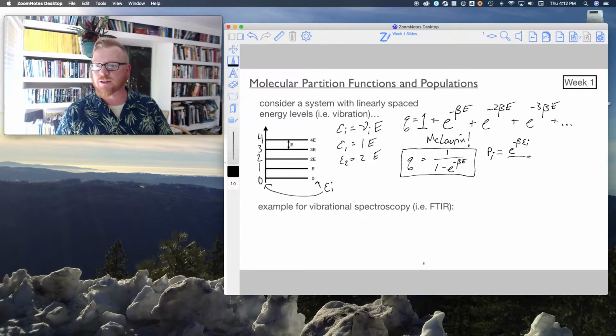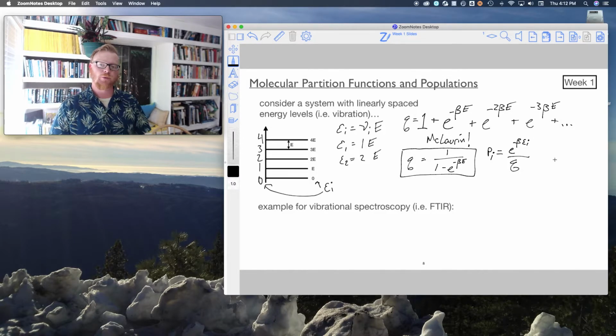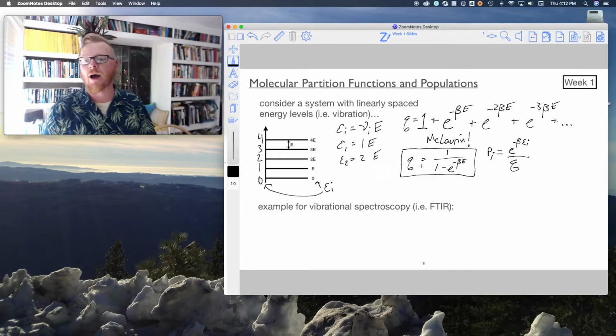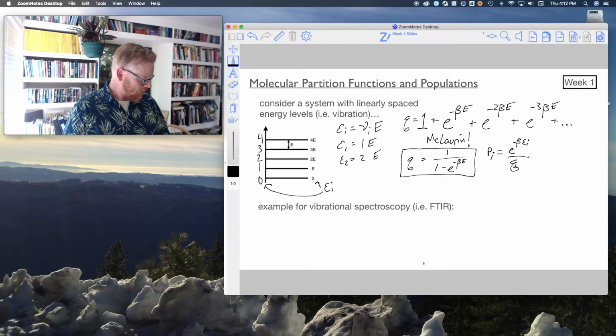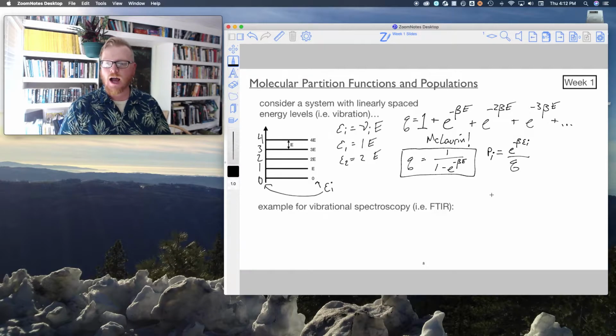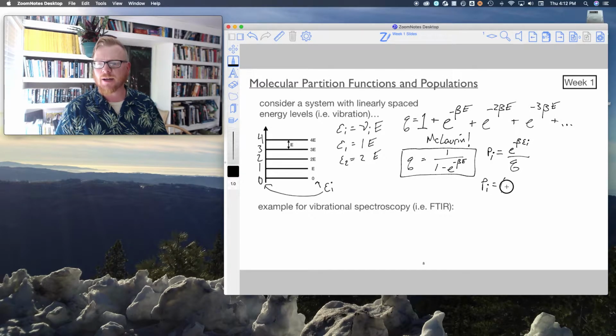Which is, of course, then divided by the total partition function Q, all right? And then now, if we consider that we're talking about a system that's linearly spaced, and we do a little bit of algebra, right? Plug this thing into Q, okay? And make substitutions, then what we get, okay, I'm not gonna show the steps explicitly,